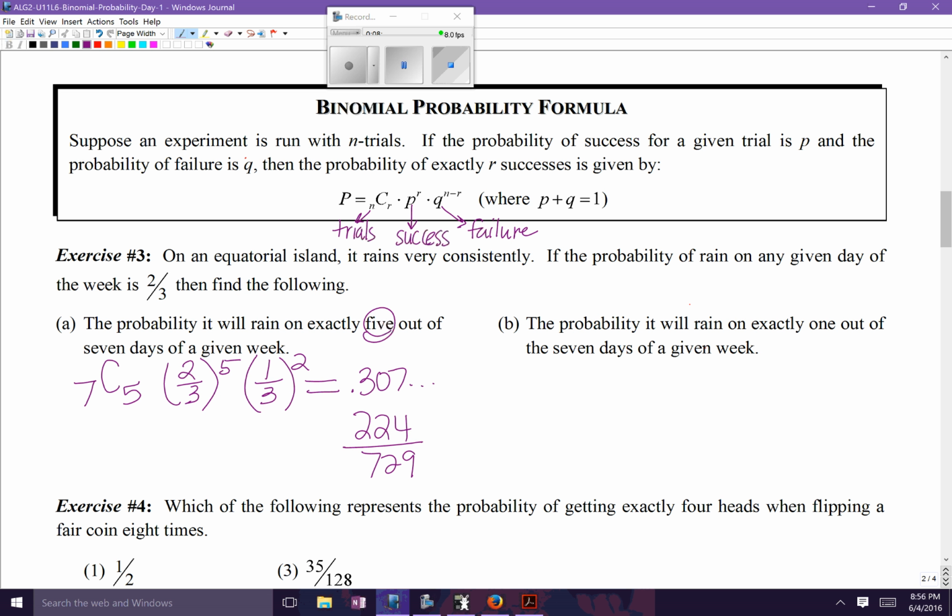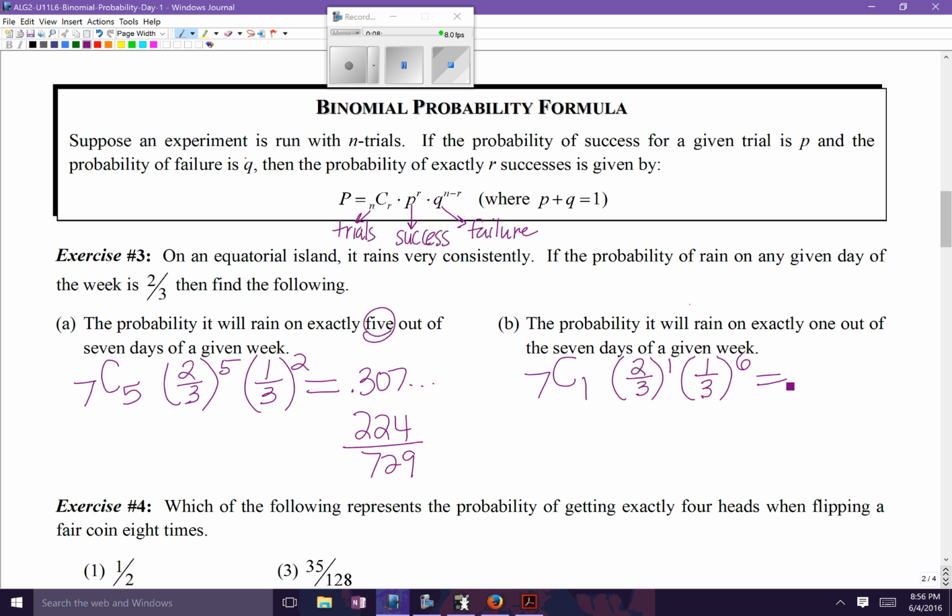The probability it will rain on exactly 1 out of the 7 days of a given week. All right, so now we're still talking about 7 days in the week. We still have 7 trials, and this time we only want it to rain 1 day. So the probability of it raining is 2/3, and we only want it to rain 1 day. So the probability of it not raining is 1/3, because remember, 2/3 plus 1/3 is 1. And this time, there's 7 days, it's raining 1 day, so that means there are 6 days where it is not